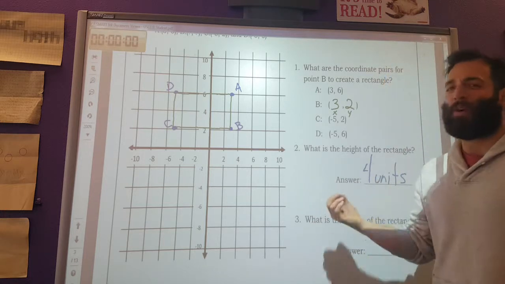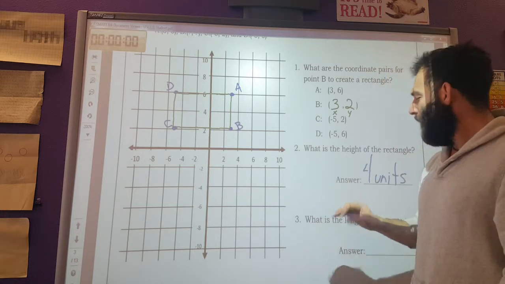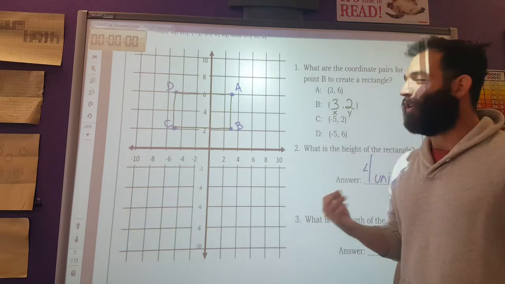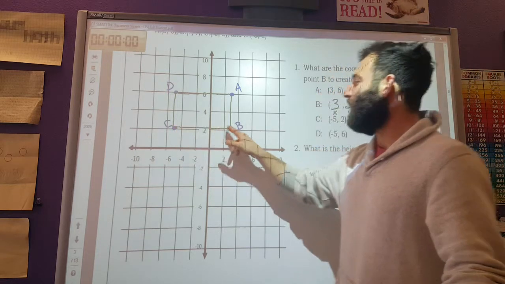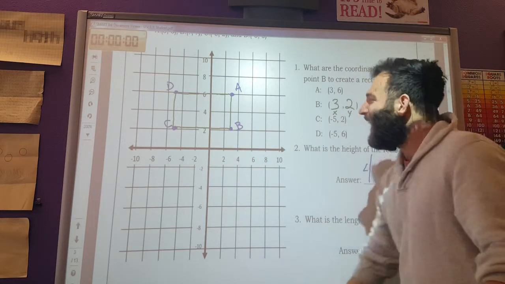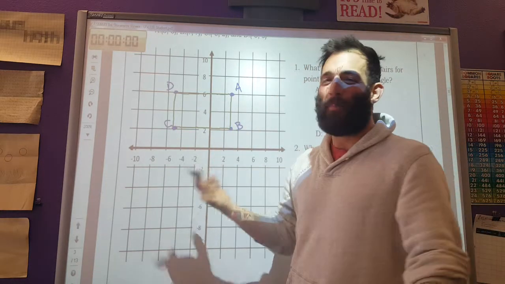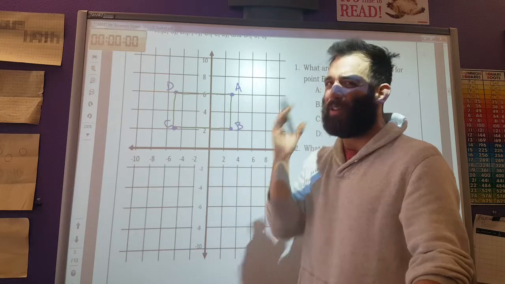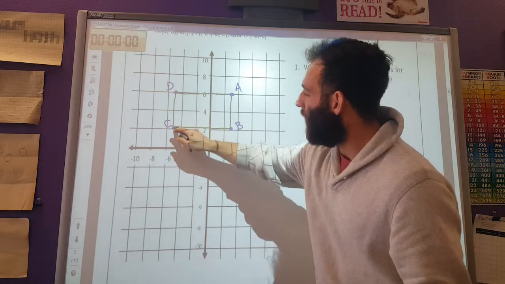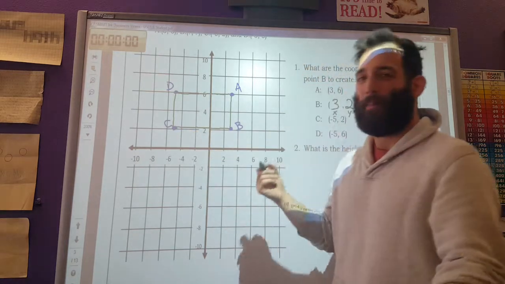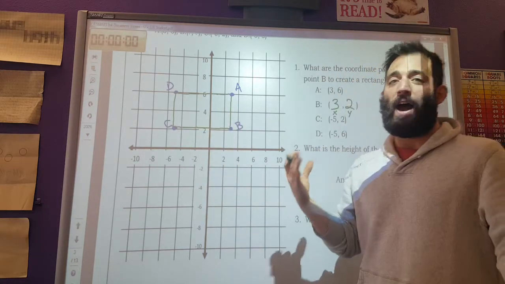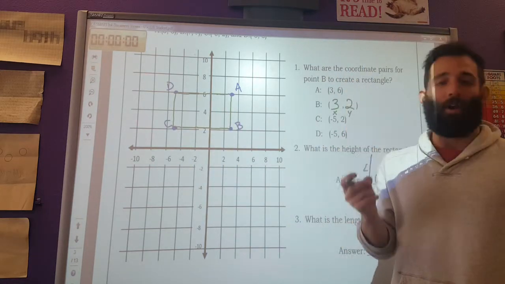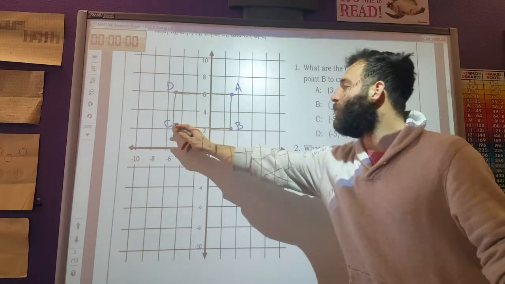Now on number 3, this is where it gets a little bit trickier. Number 3 is asking what the length of the rectangle is. Now I need to go from C to B to find the length. And if I'm looking here, I can't really count by 2s. I could, it's just going to be a little bit difficult, because they are in between my hash marks, my grid lines. So what I can do is use absolute value to find the length between C and